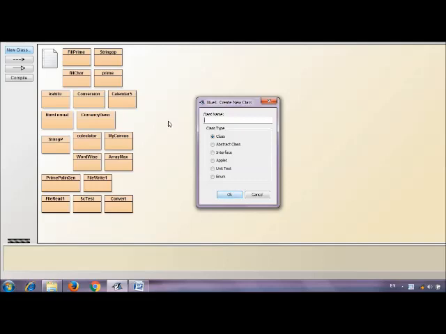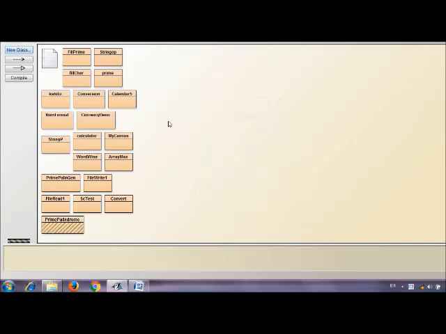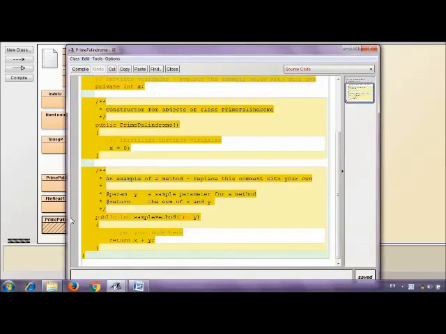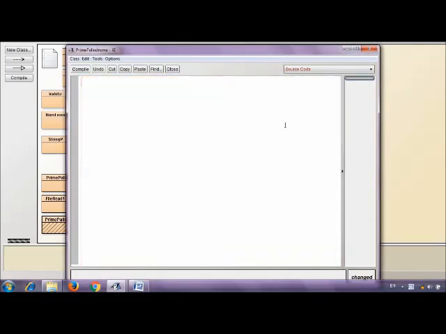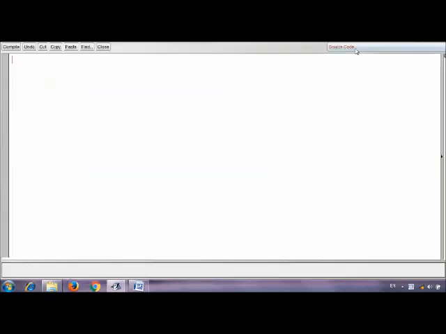Here we are going to create the class. The name of the class is prime palindrome. You can see that I am creating the new class in the BlueJ editor and clearing the default text.